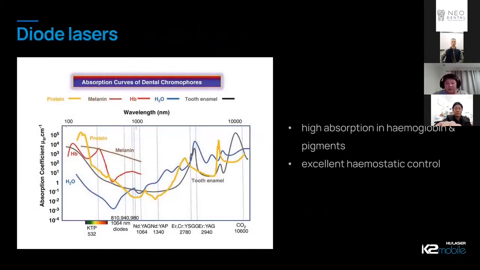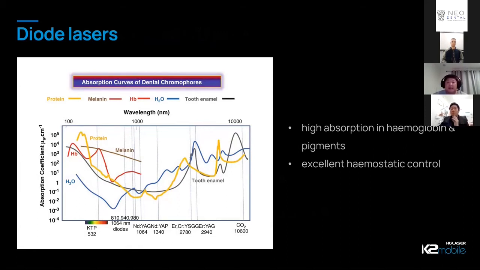So probably the last little bit of science for you here. What this graph shows, on the left-hand side, you've got the absorption coefficient, and it shows that different tissues respond differently to different wavelengths of the laser. You can see in the middle there where it says 810, 940, 980, and 1064. Those are the diode